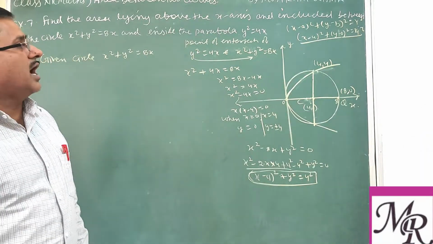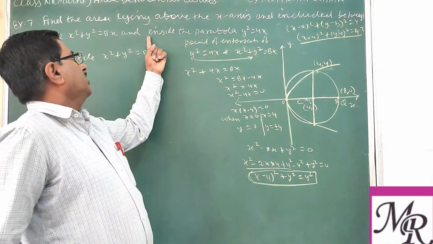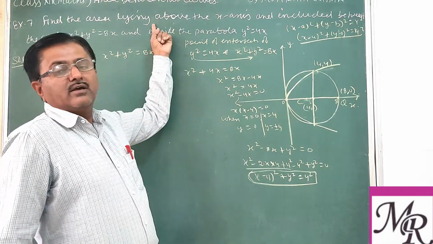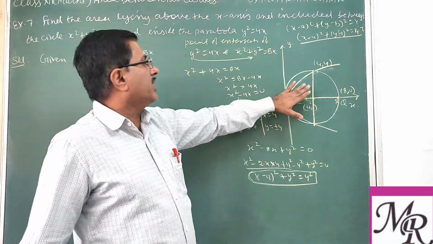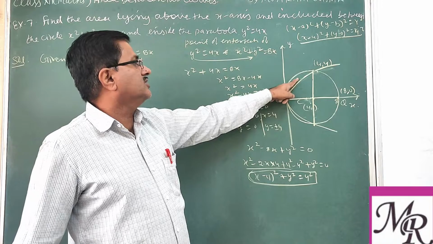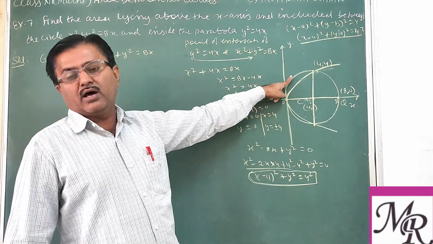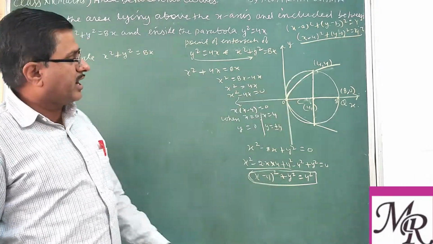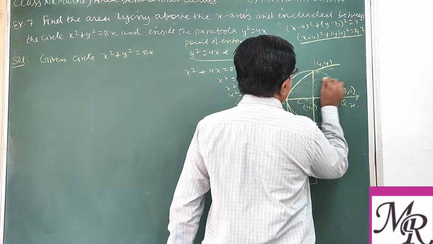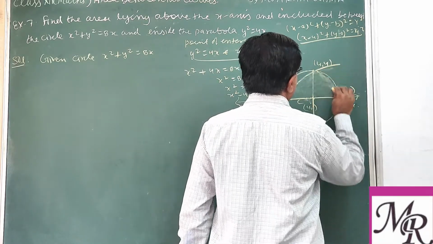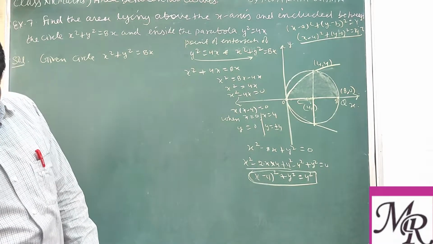Clear? So what does it say, inside the parabola? One more important point: if you do not get this inside, then again there is a confusion. So inside the parabola is this, and this region is outside the parabola but between the circle and parabola. So whenever you read this very carefully, it means this region we want to find out. This second point, now you mark this point as P.